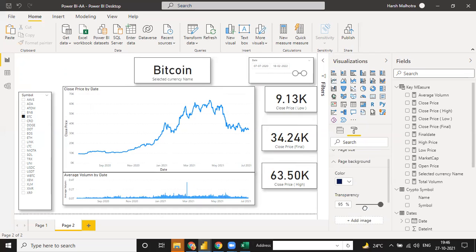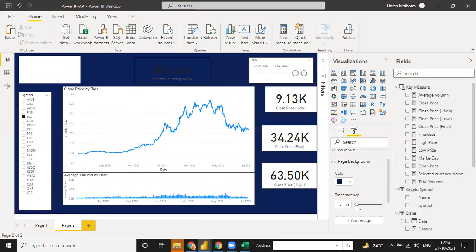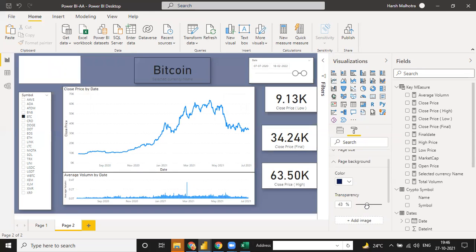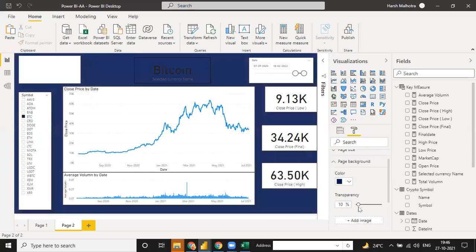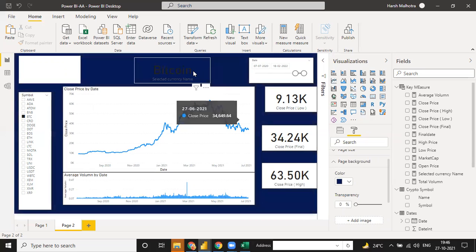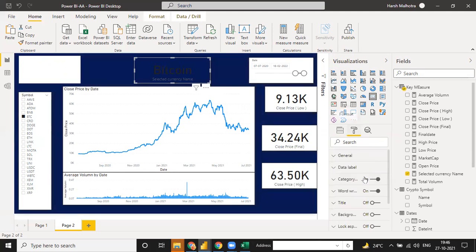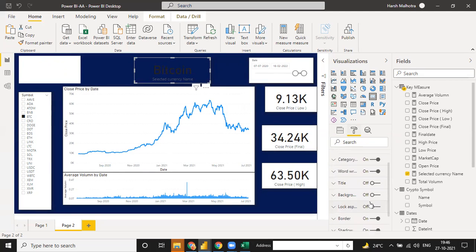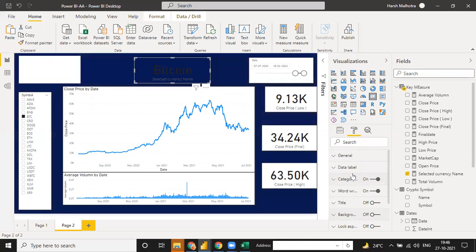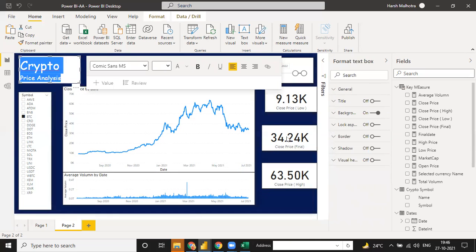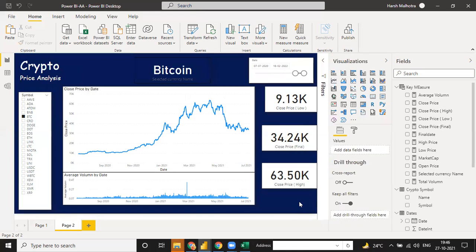And see, transparency is handled. If I select this much, 53, 24, 0 is okay. Click on this. You can change the background. The background is off. Data label, select this color, white. Okay. Same way for this, background off, and it will give you the complete insight of this.